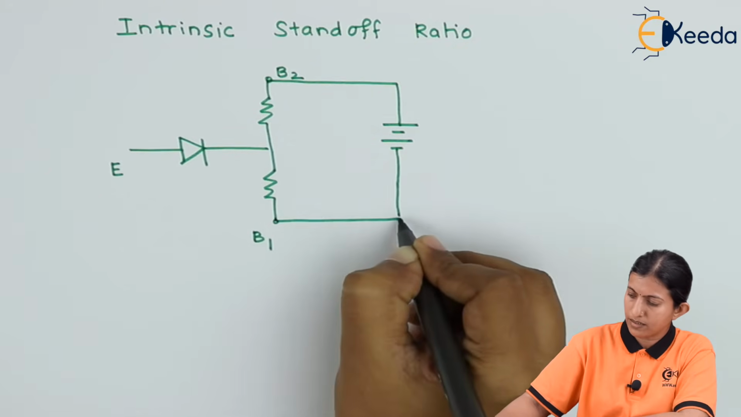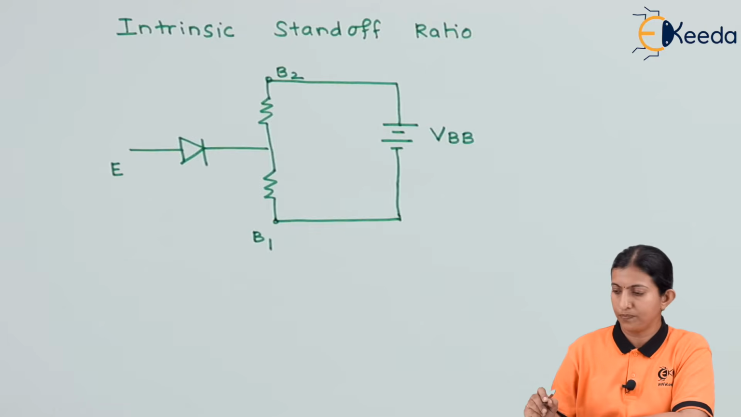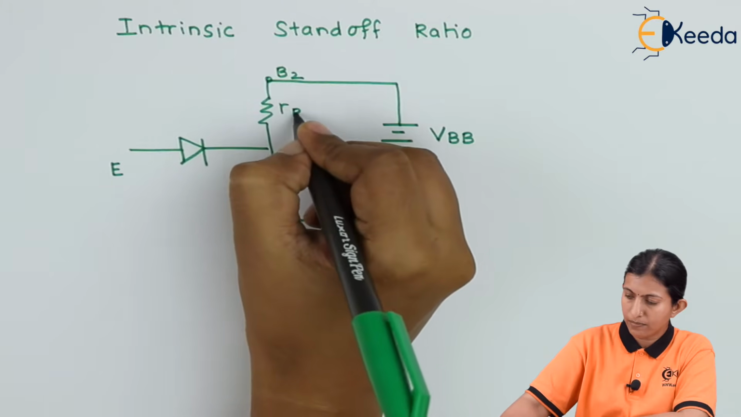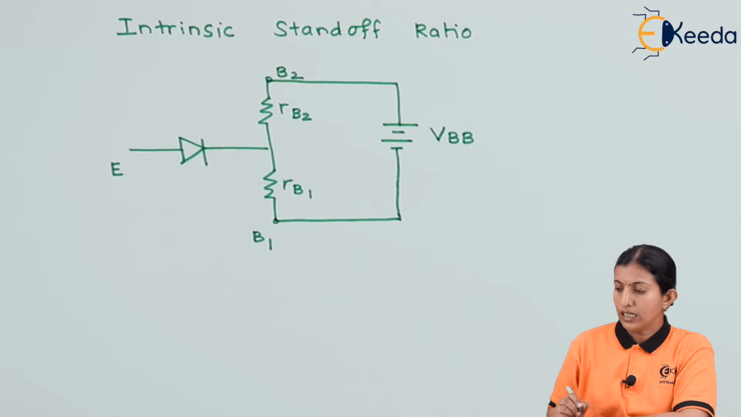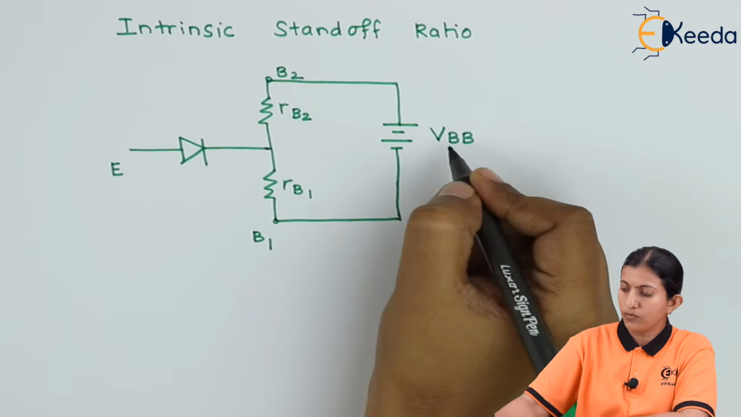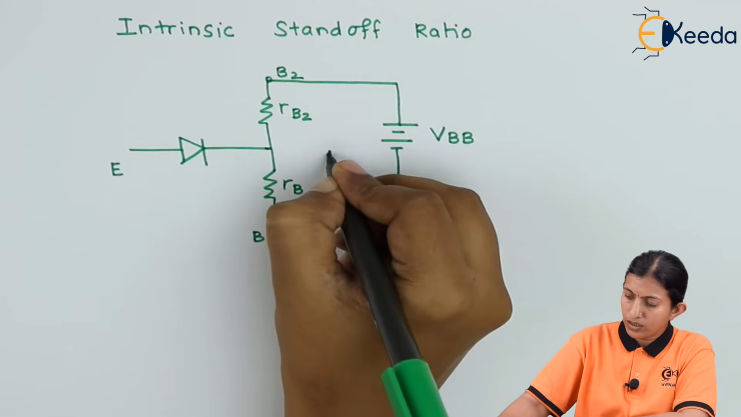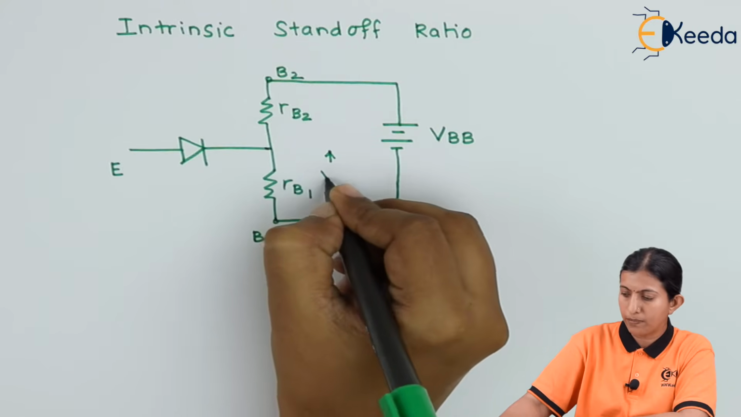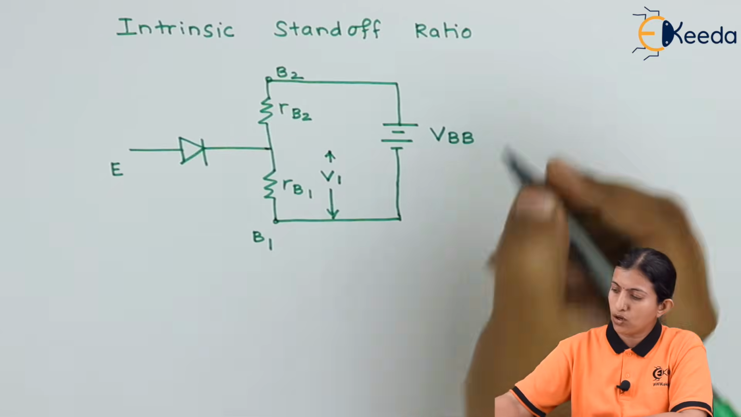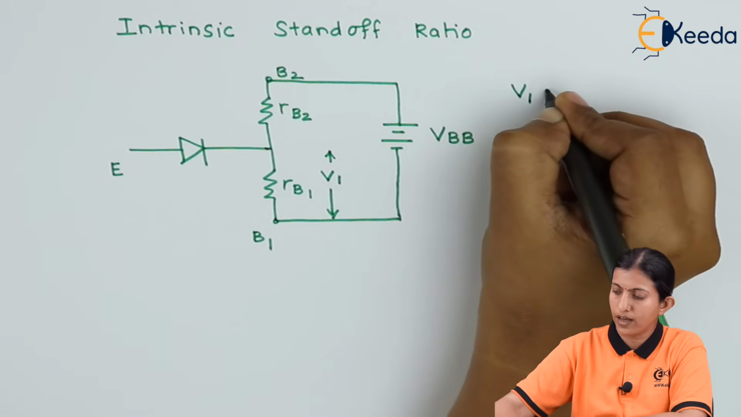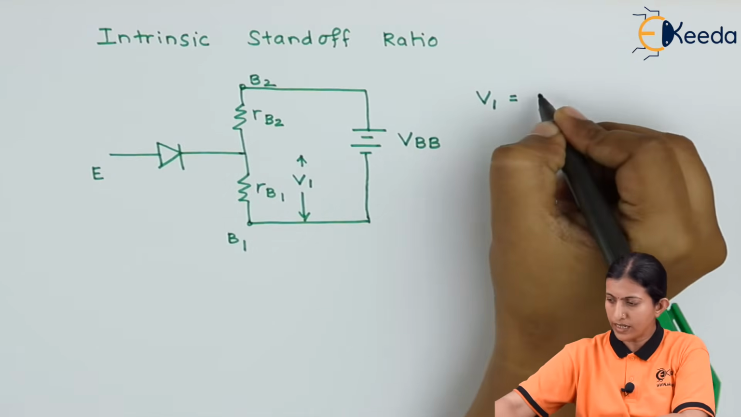across both the base resistors, and we term the supply voltage as VBB. So here is the resistor RB2 and here is the resistor RB1. When we apply the voltage VBB across RB1 and RB2, we can find the voltage drop across RB1, which we term V1. So the voltage drop across RB1, that is V1, is equal to the resistor across which we are finding the voltage drop, that is RB1,